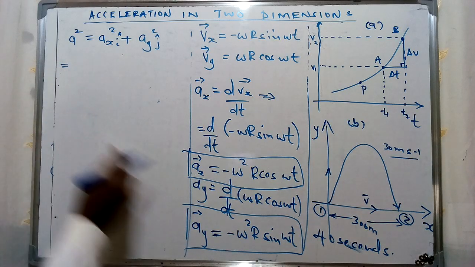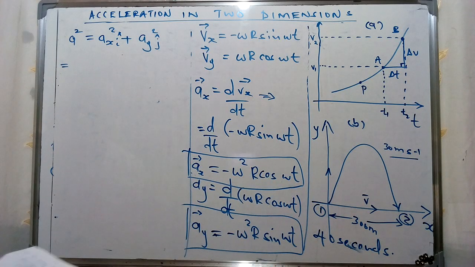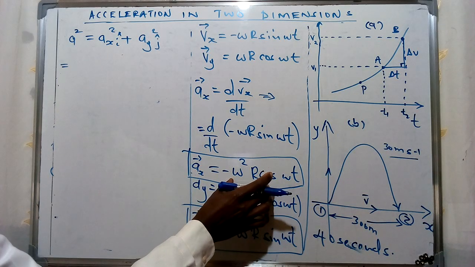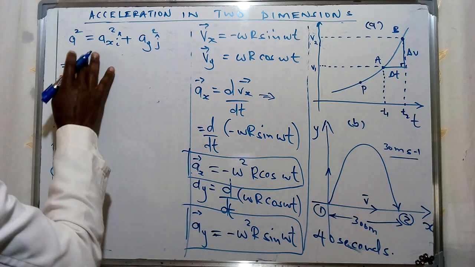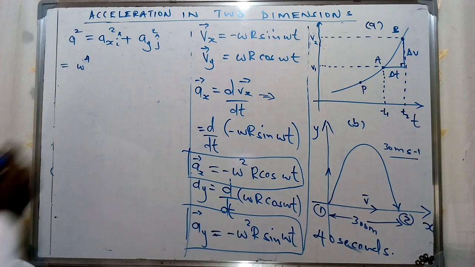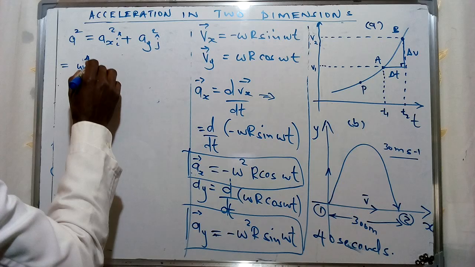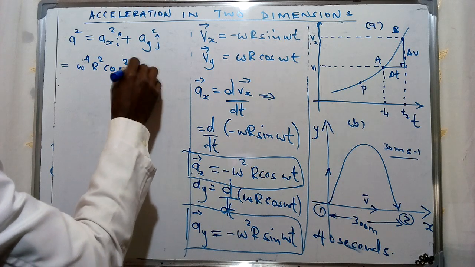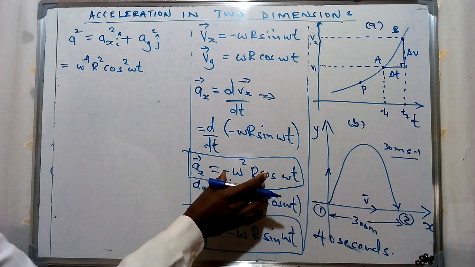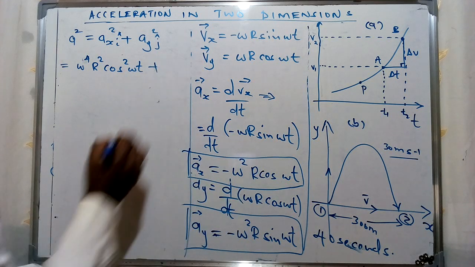So we're going to do a substitution for omega and r, which we have had, whereby we're going to have the square of the first one given in terms of omega squared. So this is going to be a positive value. The square of omega squared is equivalent to omega to power 4 r squared and the cosine squared of omega t for the first one, which is ax,